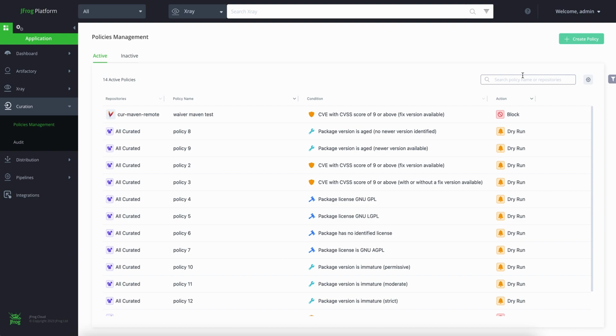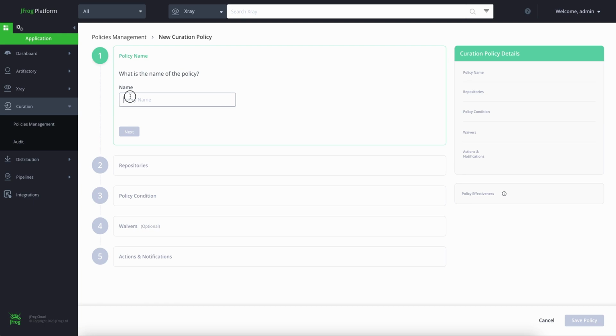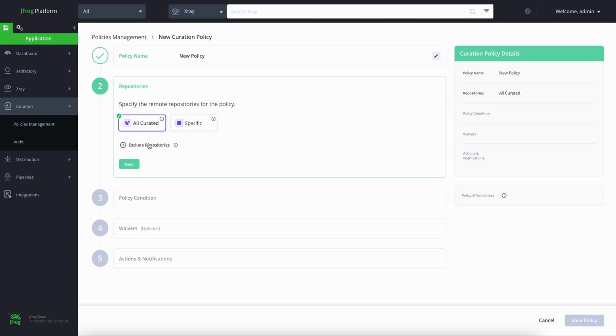Now, how do you create a policy? Well, you do that with the Create Policy button here. So let's start with giving it a name. We'll call it New Policy. Next. Then here is where you pick and select the different types of repositories that you want to